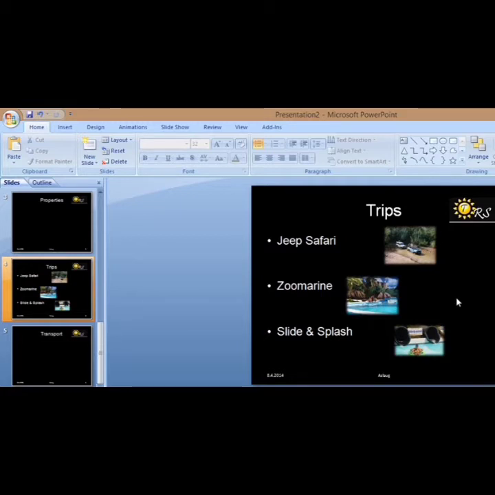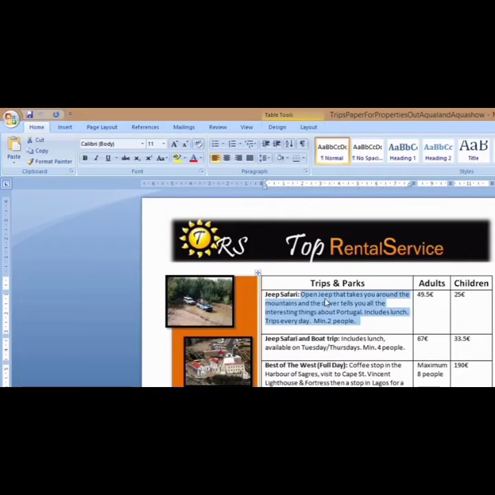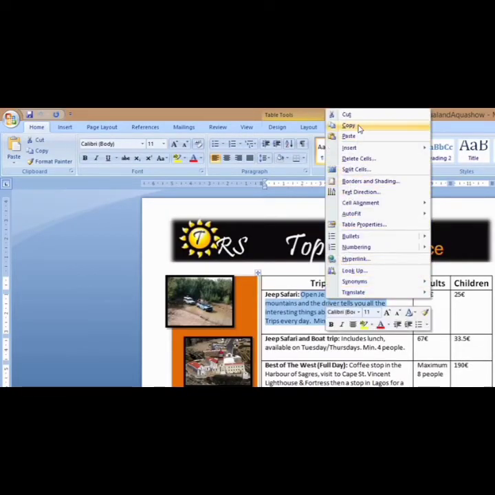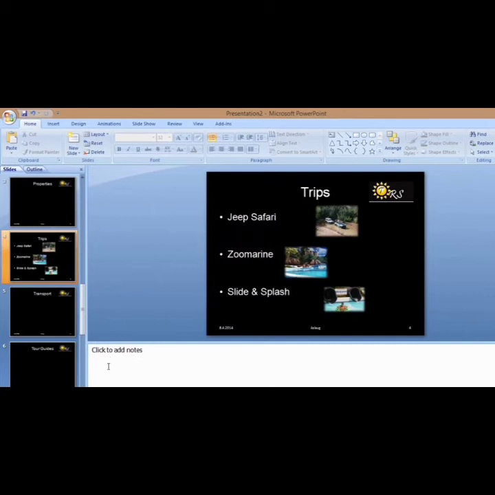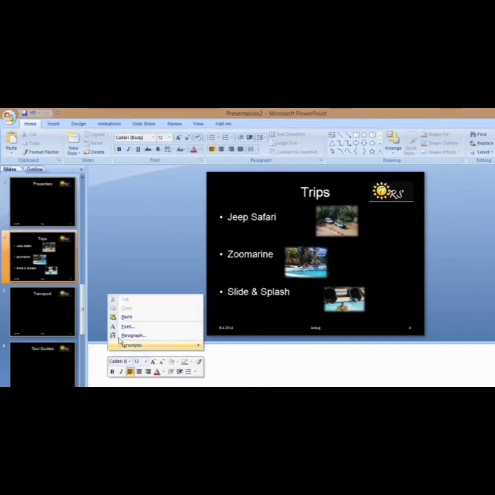Now sometimes we need to have notes because the speaker might not remember everything that they're going to say. And I have some notes on the Jeep Safari in another document. So I will copy this text by right-clicking, selecting copy. And instead of including this on the slide, I would like to put it here in the notes, right-click and